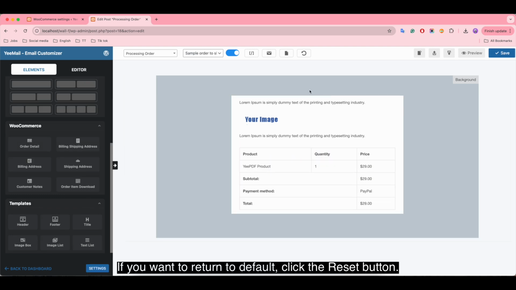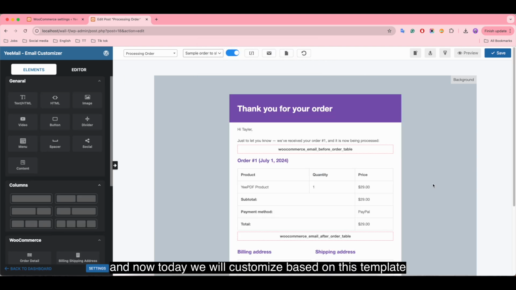If you want to return to default, click the Reset button. And now today, we will customize based on this template.